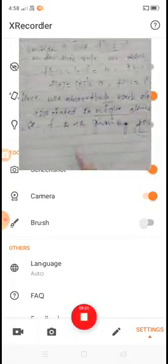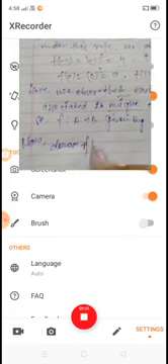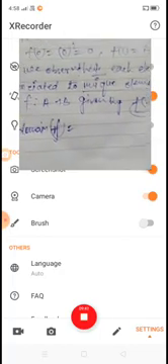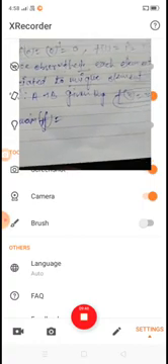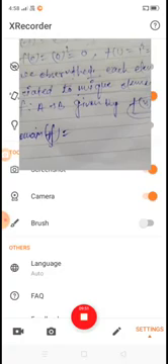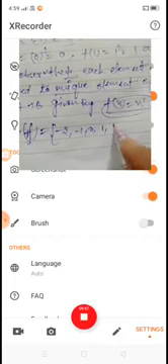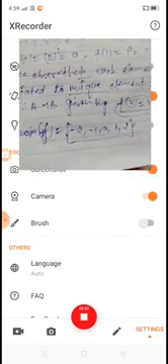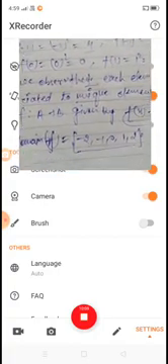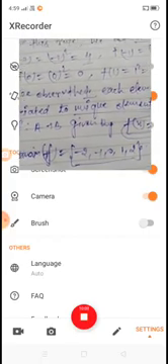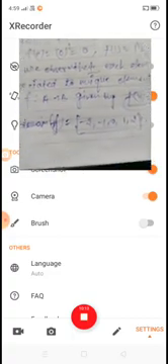Now the domain of the function: the set A is known as the domain of a function. So the domain is what? The set A: -2, -1, 0, 1 and 2. This is the domain of the function. And what is the codomain? The codomain of the function is the set of all elements of B. And what is the range of the function?